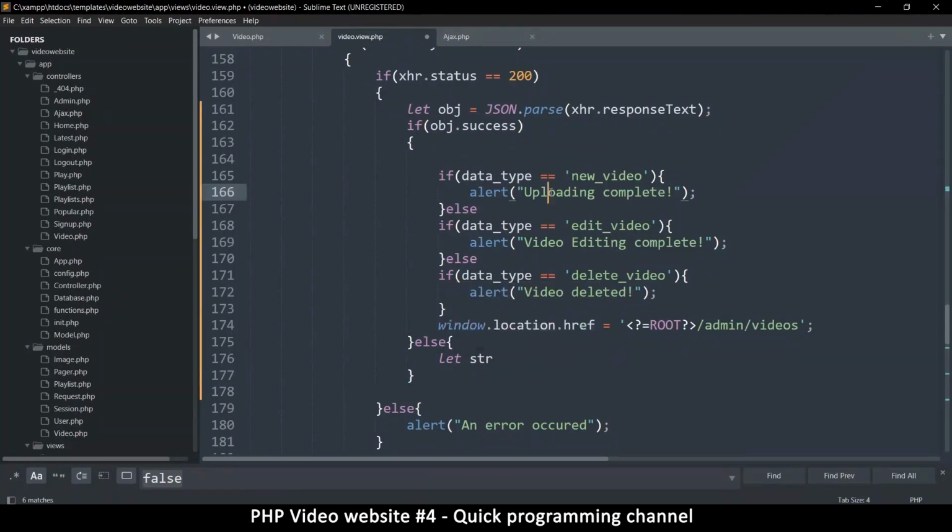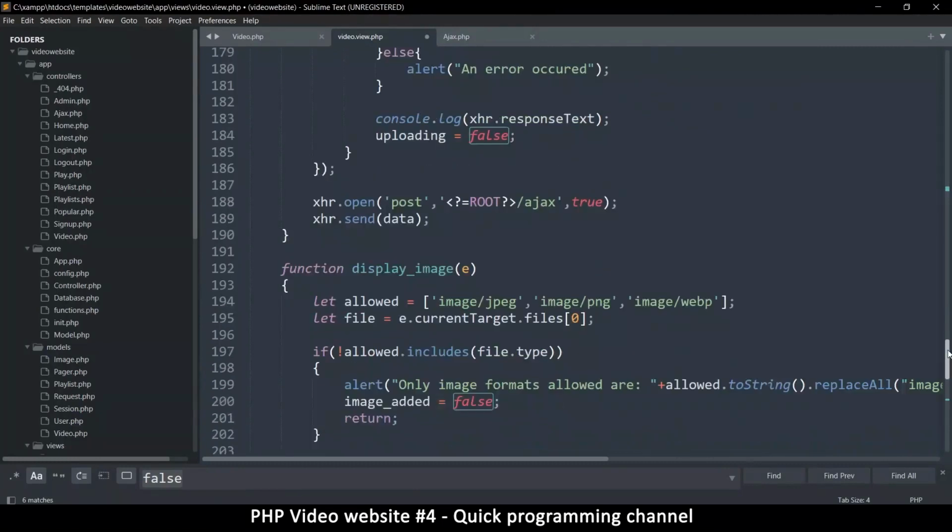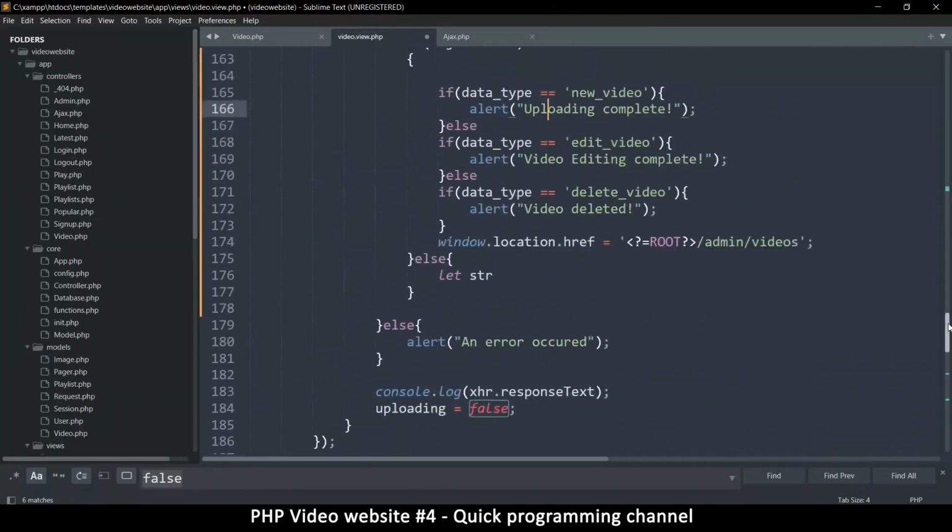Wait, don't we have error handling already here? What's going on? Ah, we have it on the login page, right? Okay, I'm feeling lazy now. You can use the login page error handling to put here instead if you want, but I'm just going to